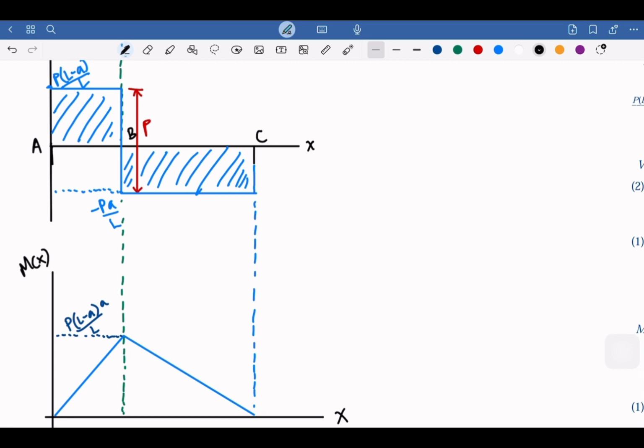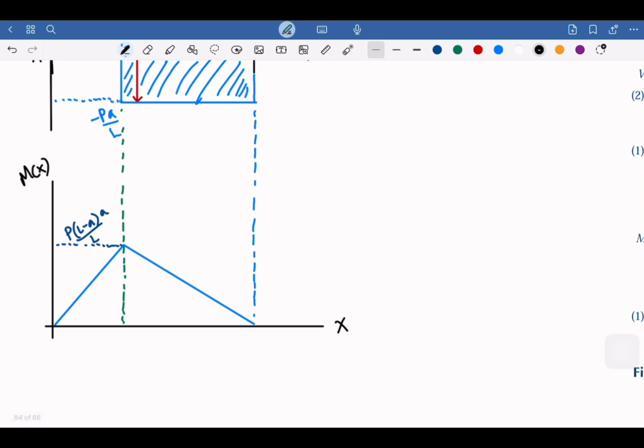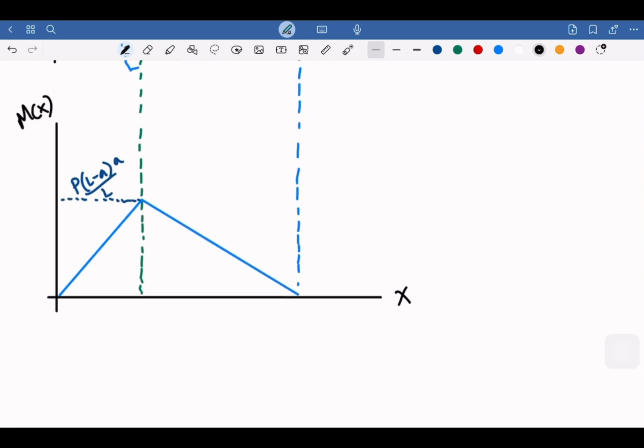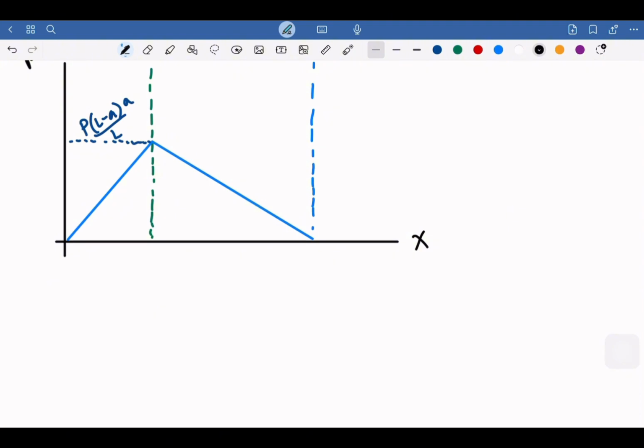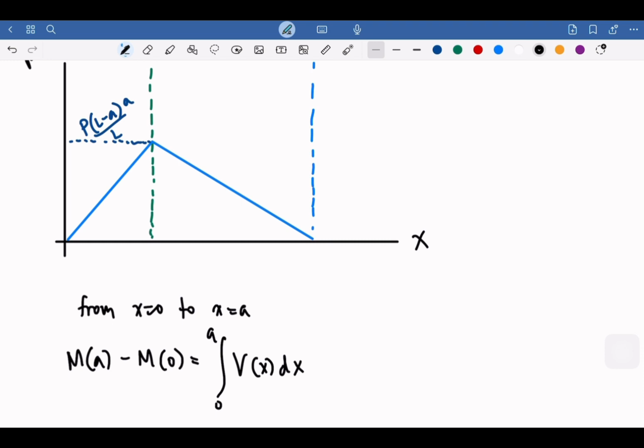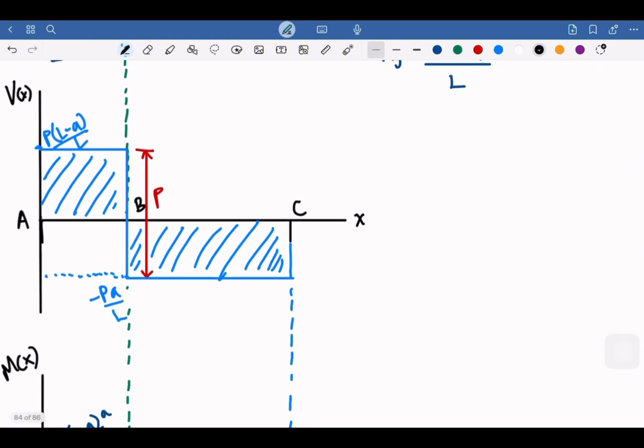And of course, if you want to make this into equations, some calculus equations, you could do that. For example, from x equals 0 to x equals a, we could write that the difference in the moment is basically the integration of V(x) dx. I think I haven't got this V(x). Let me write here, the V(x)